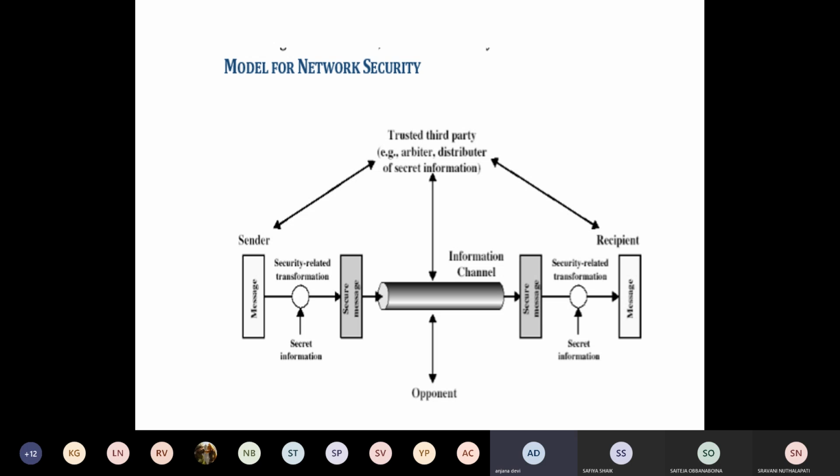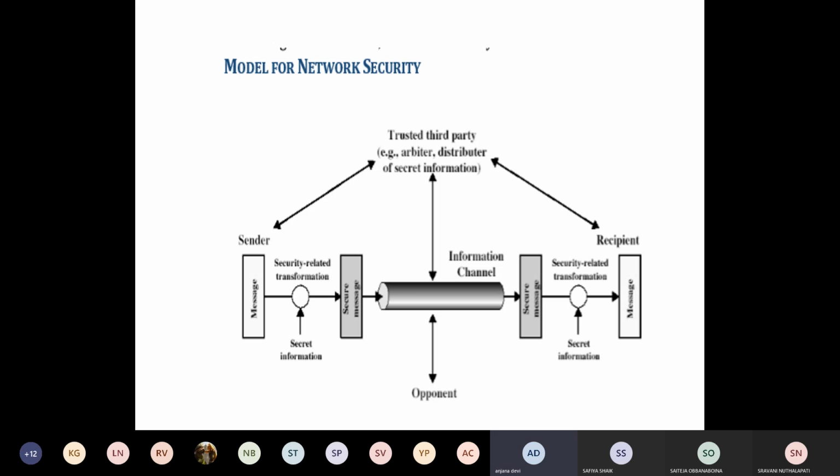Observed it. Here the sender is sending the message, here the recipient is receiving the message. In between that, some security related transformation takes place. The receiver side receives the secured message, retranslates the translated message, and then passes it to the recipient. Okay,